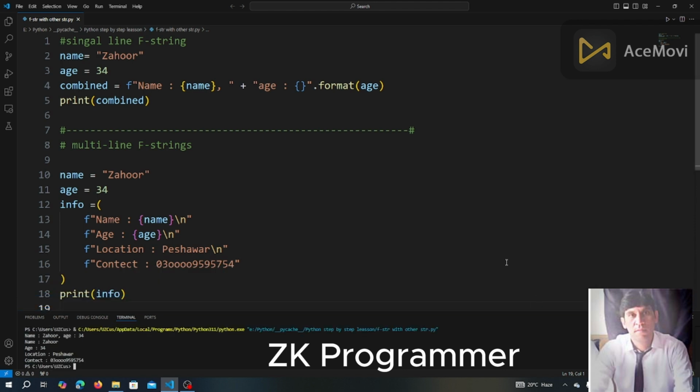you want to display a multi-line formatting, so name Zoor, second line age 34, location Peshawar, and contact number this one. If you want to stop the first line and go to another line, we write \n, which also works in C++ for a new line. So that is called a single line or multi-line